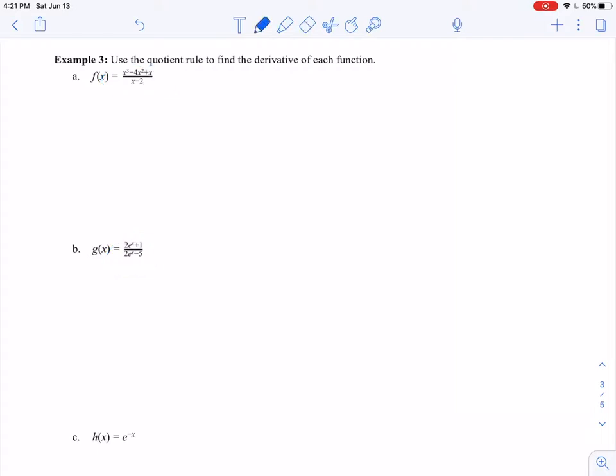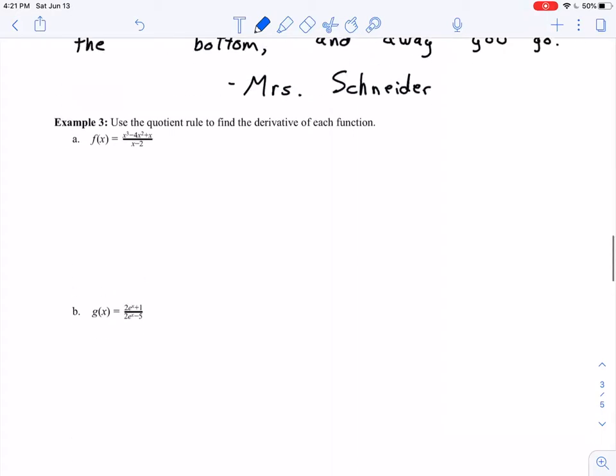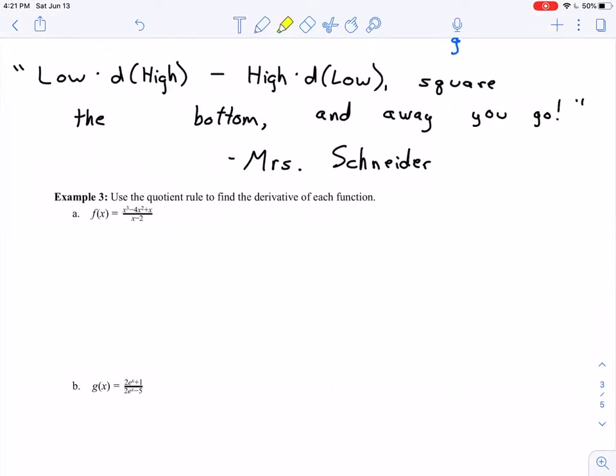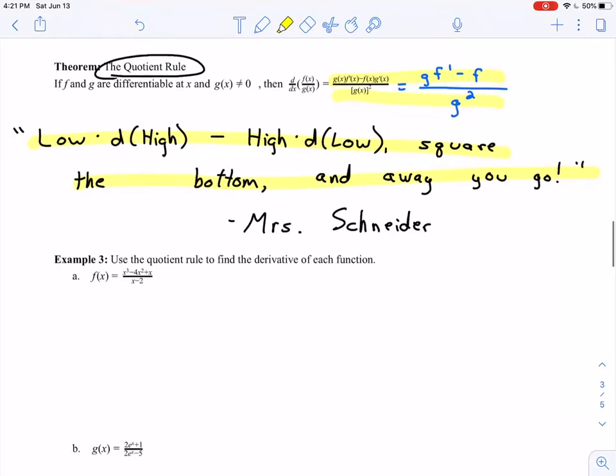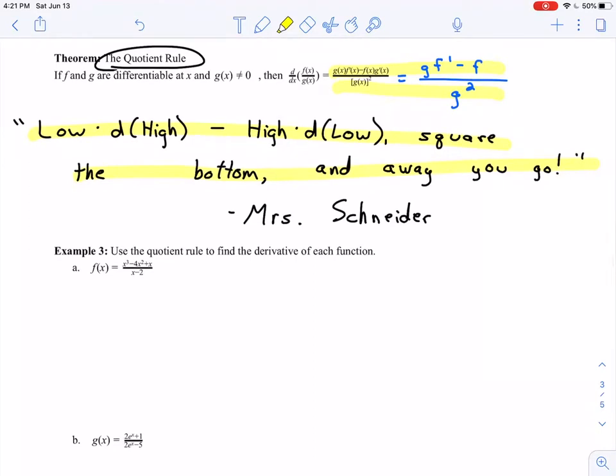So let's look at a couple of examples here. First I've got f of x equals x cubed minus 4x squared plus x, all over x minus 2. And right now, I'm just going to lean on this rhyme right here. I'm just going to say it out loud to myself. If you want to use this formula, by all means go ahead. I just don't think that that's the best way to solve these problems, and so that's just not the way I'm going to do them. But if you would like to use the formula on your quizzes and exams and whatnot, by all means go